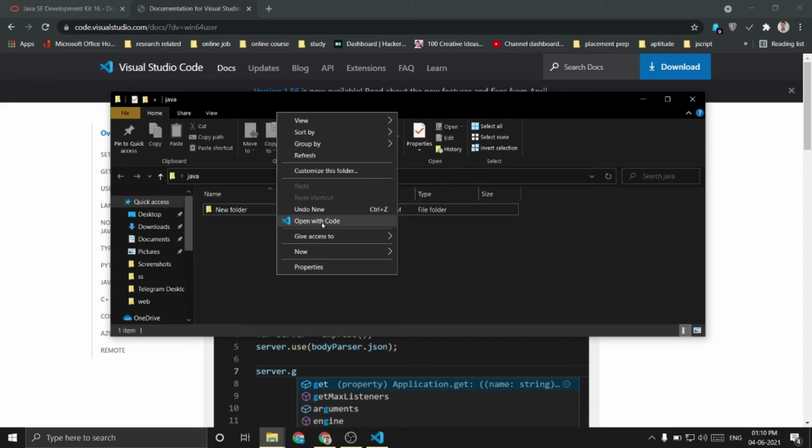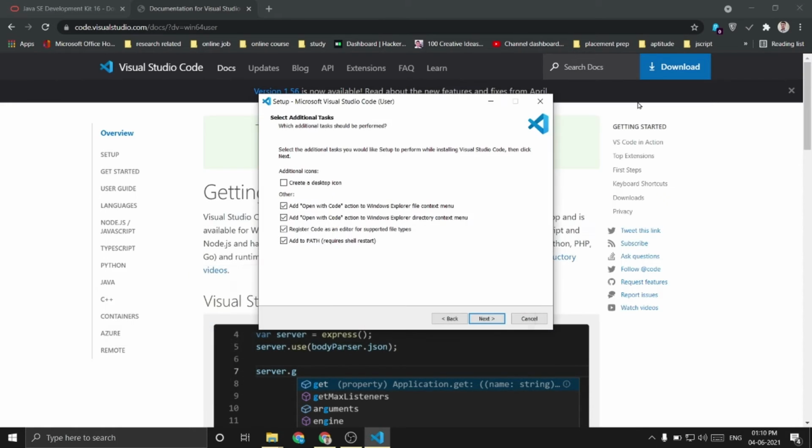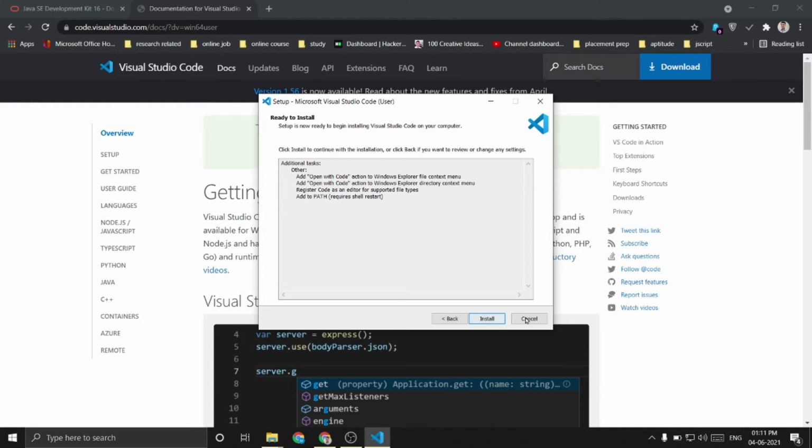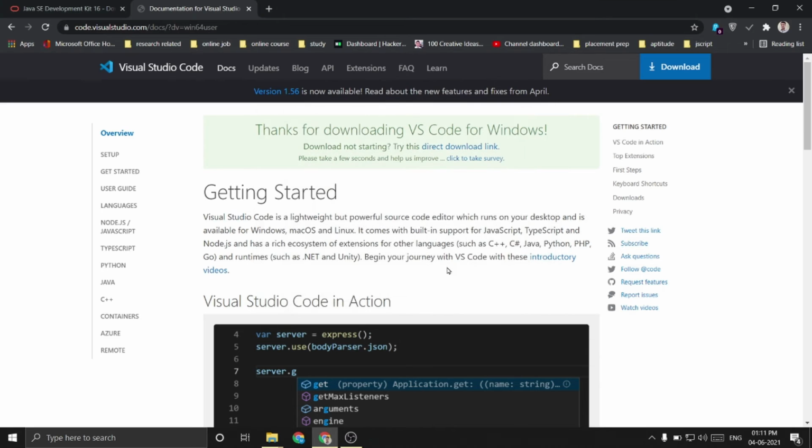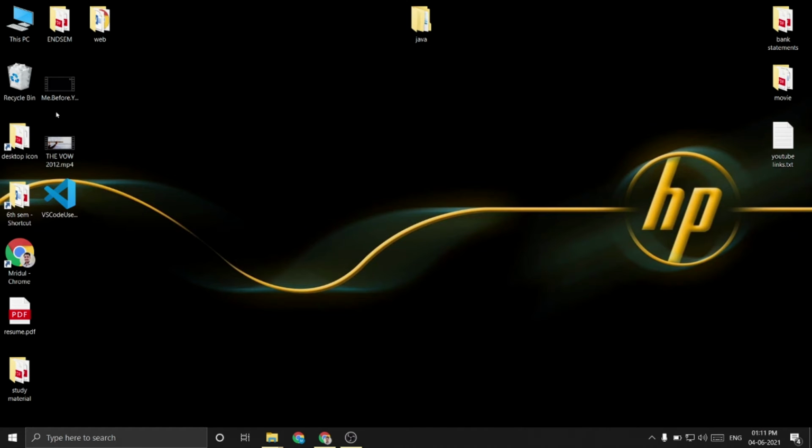I can open my VS Code directly from here. So for this you have to check all these three buttons so that they provide the extension to the Windows Explorer, or that shortcut in the Windows Explorer. Then click on install. Your VS Code will be installed. I will not install this because mine is already installed here.